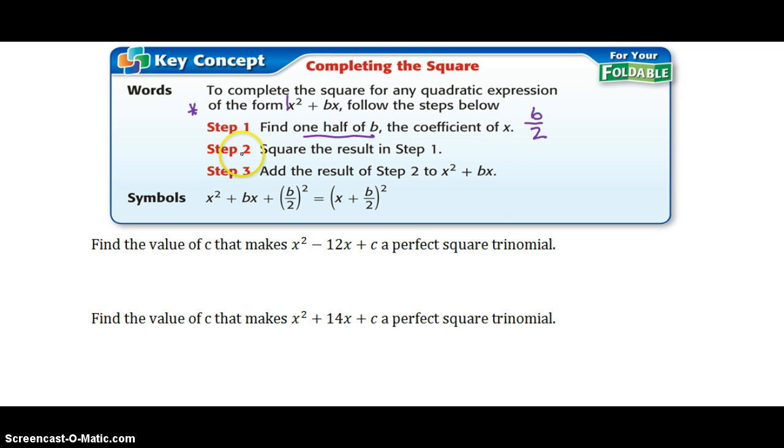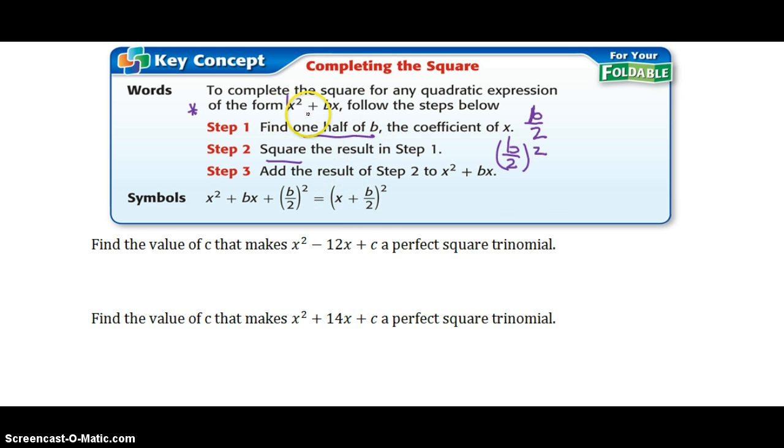Then the next step, after we've made sure our lead coefficient was 1 and we've taken half of b, we're going to square the result of step 1. So b divided by 2, if we knew what b was, we'd have a number, but we don't have a number, so I have to just say b over 2, and we're going to square that term. Then your third step, or your last step, is to add the result of b over 2 squared to both sides of your equation, because we're going to be solving, so we're going to have it equals a number or equals